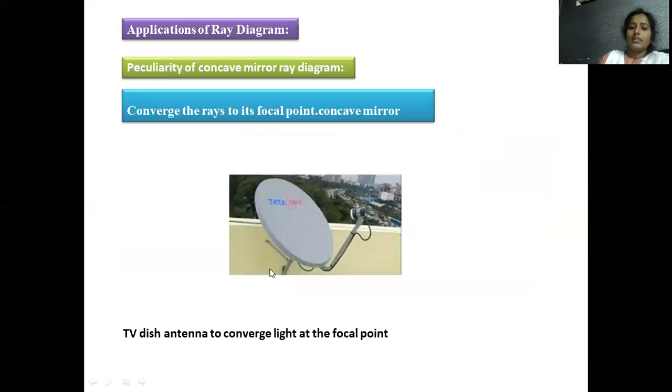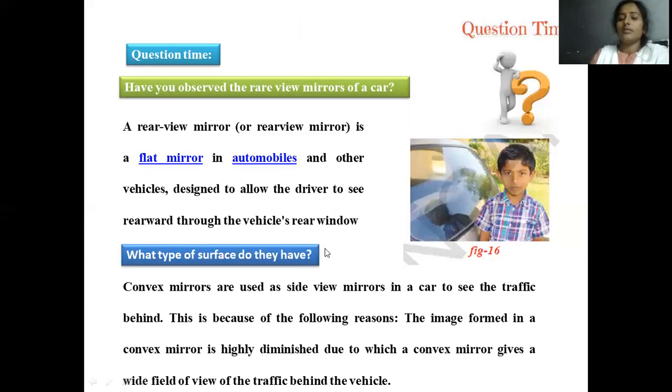Okay, so by this we completed today's session. Hope this will be helpful for you. In this session we discussed the concave mirror: by changing the position of the object, how the image will be generated and what their consequent applications are. In the next session, we will apply the same concept to the convex mirror, how by changing the position of the object in front of the convex mirror, the position, size and shape of the image will change. Hope this session will be helpful for your preparation.